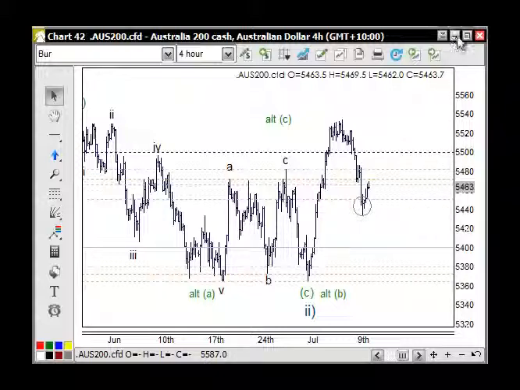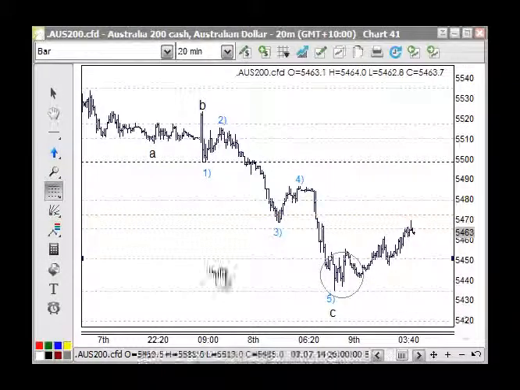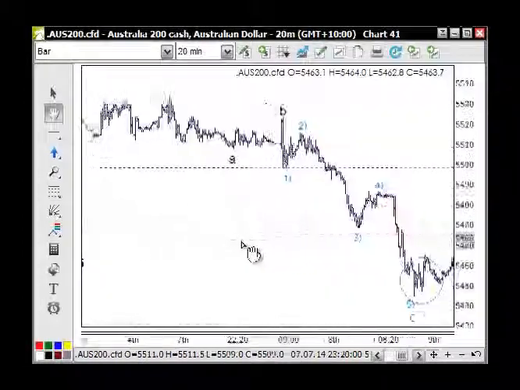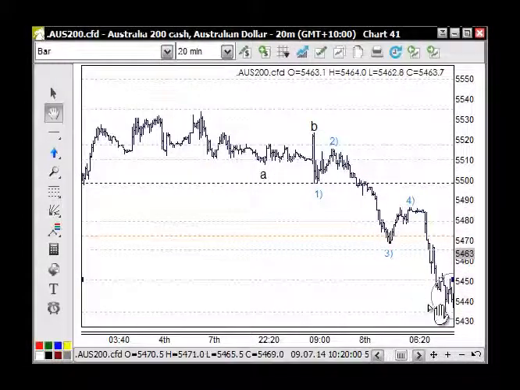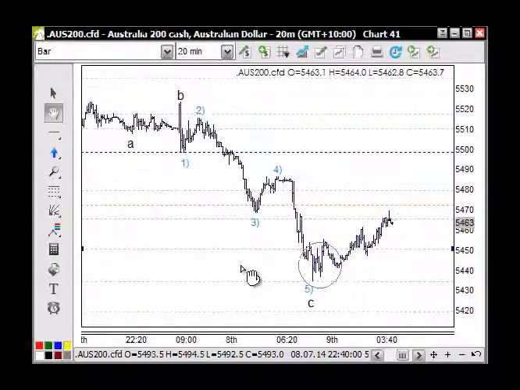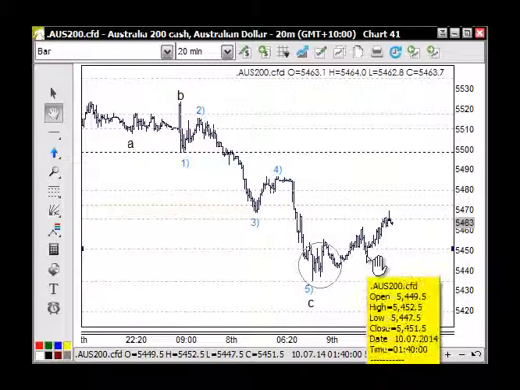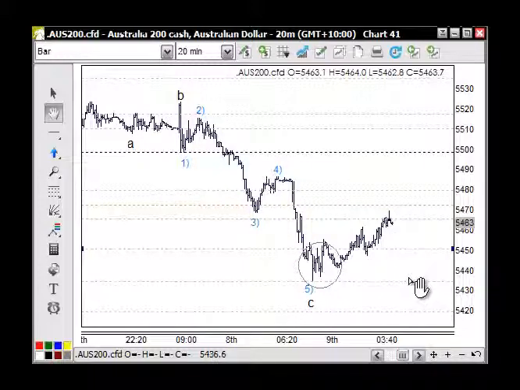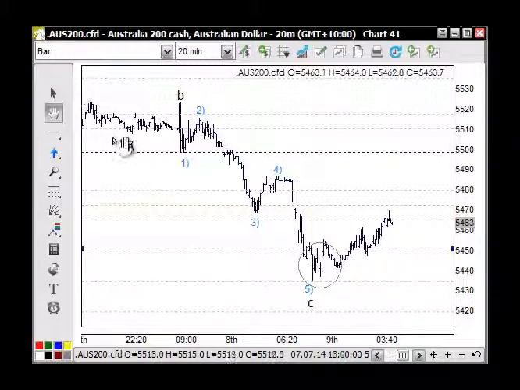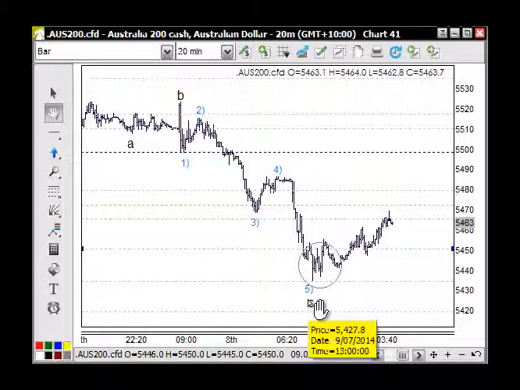The other point I need to make is that it does count down quite well here as an ABC correction for our low in place here. So 54.50 really needs to stay in play here. If that's breached here, then it's likely that this is a wave 4. Because I've counted this down as an A and a B and a C, in reality it could also be